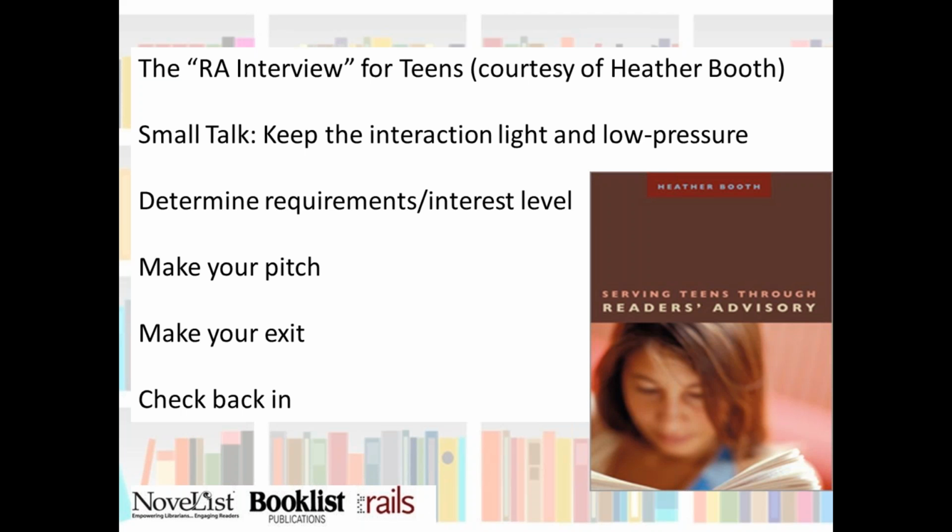So once you've left them with a couple of books to take a look at, swing back around after a short time, offer more help if needed, and then Heather always likes to examine what was left behind to get a sense of what worked. So if you've left 5 books out on a table, or if you've stacked up 3 for them to look at, and they don't take them, you could take a look and see, well, maybe this one was too babyish for them, or this one isn't quite current enough for them. So she says to swing back around and check back in and then take a look at what worked and what didn't work.